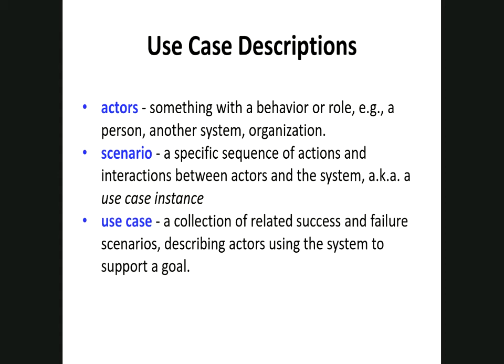Generally, a use case diagram has some objects or components. First is called an actor. What is an actor? An actor is something with a behavior or a role. For example, an actor can be a student, a person, a machine, a sensor, or software. Generally an actor can be a human being or a non-living thing, such as a machine, a sensor, a program or software.